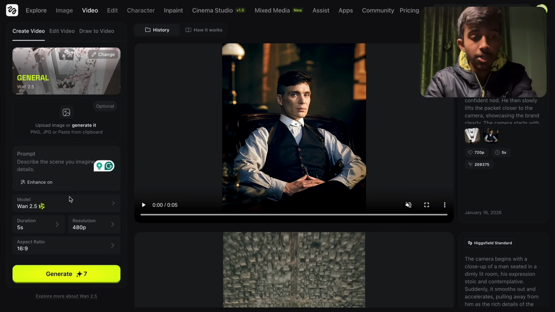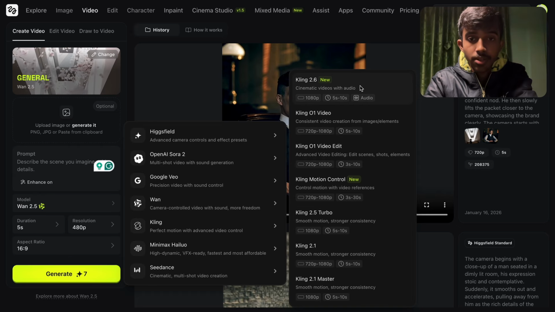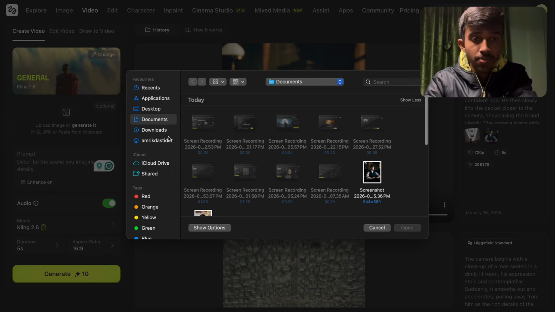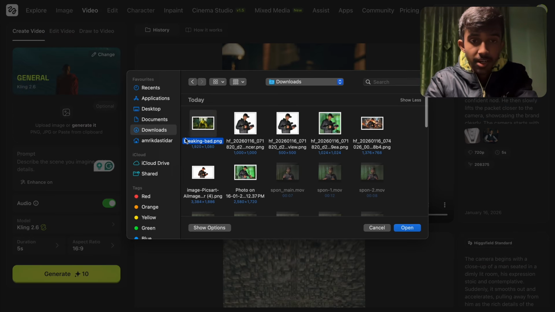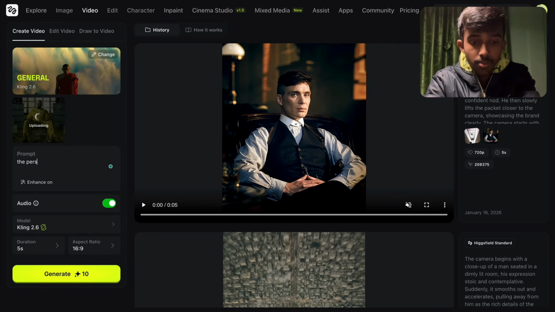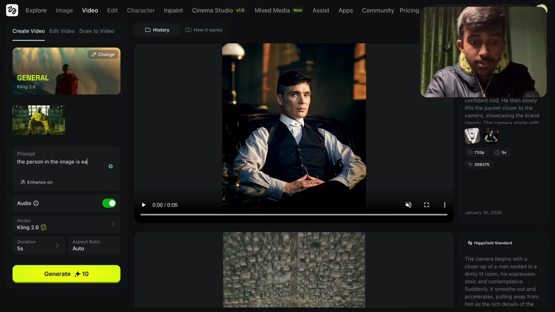But visuals alone don't make a film. Audio is a key element, and with Kling 2.6 audio, everything's solved. So here let's set the model to Kling 2.6 and let me upload an image. Okay, I have an image from Breaking Bad. Let's write a prompt. The person in the image is eating chocolate,